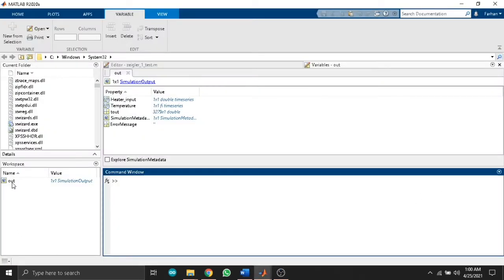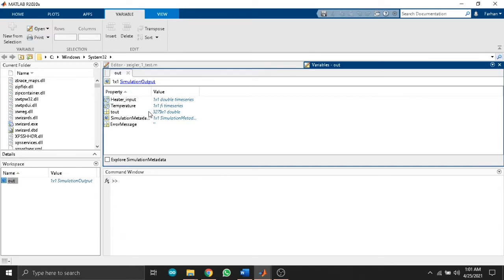Now we have got our values in our MATLAB workspace. Now we have to extract these values into useful, meaningful data so that we can use it to get the transfer function. So now I open this, and I have the temperature and the heater input that we got from the last trial. The temperature is in terms of a time series.